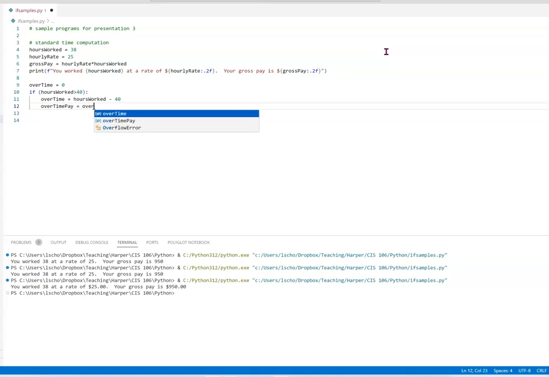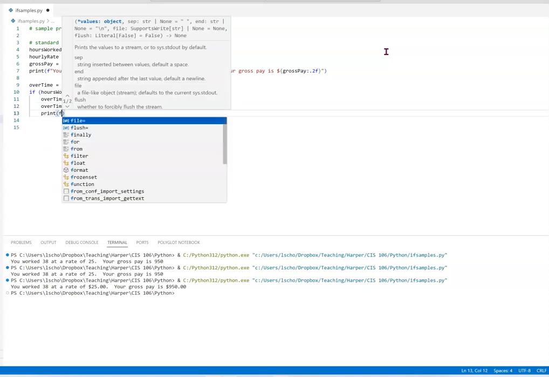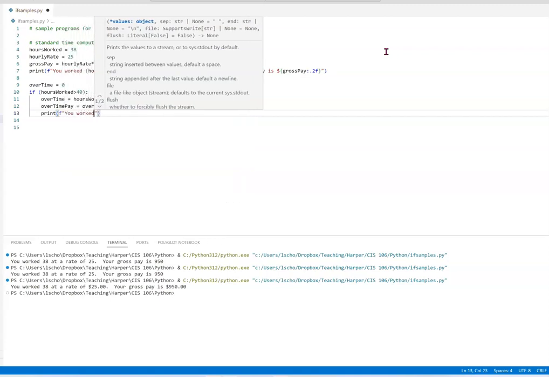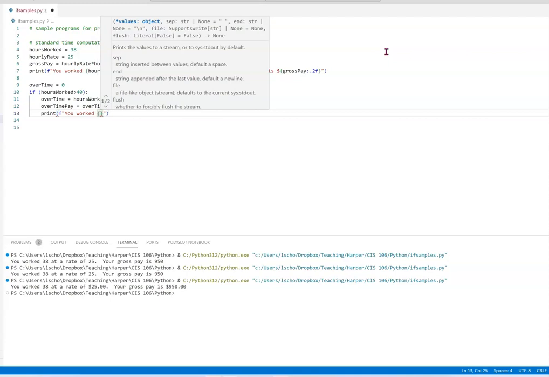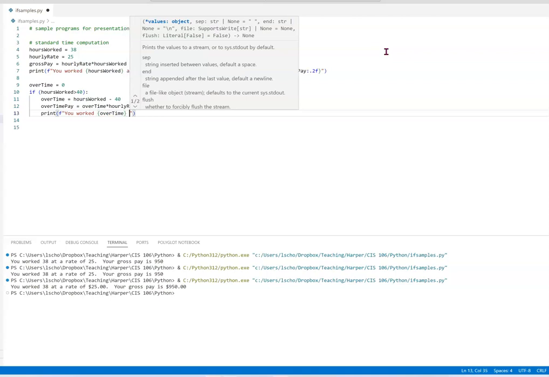And to compute overtime, we'll have another variable called overtime pay equals overtime times hourly rate times 1.5, so we get paid time and a half. Okay, and now what we're going to print is print f, you worked hours of overtime